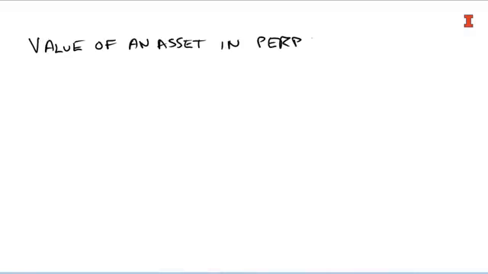And I want to start by thinking about what's the value of an asset in perpetuity. So here, we're recording this lecture on the campus of the University of Illinois Urbana-Champaign, and our community is surrounded by corn. I can get in a car and drive 10 miles west, get out of my car, and I'm going to be standing right in the middle of a vast farm.